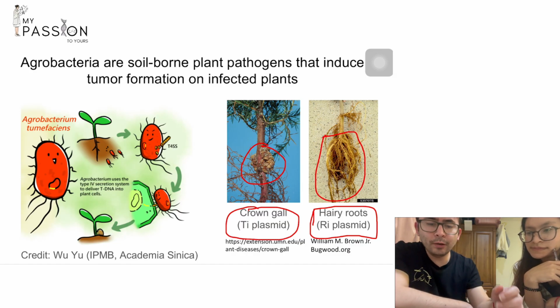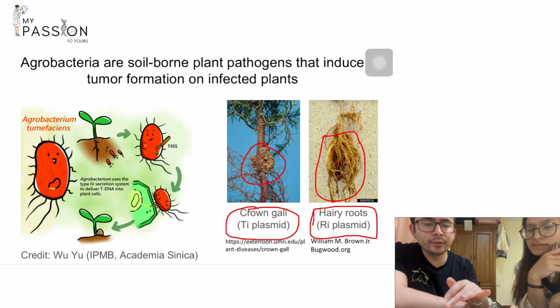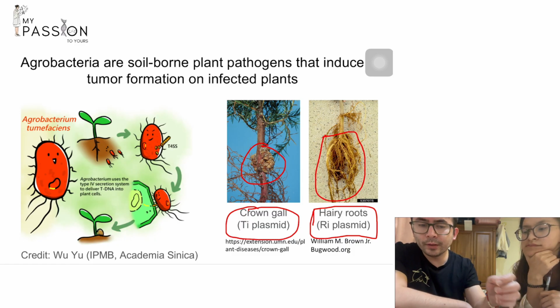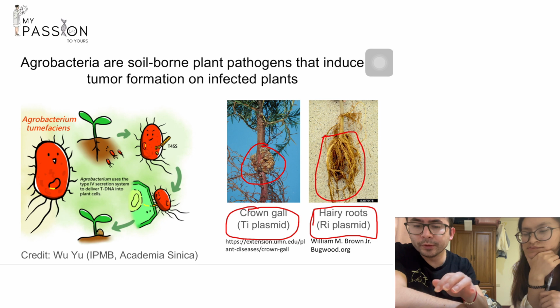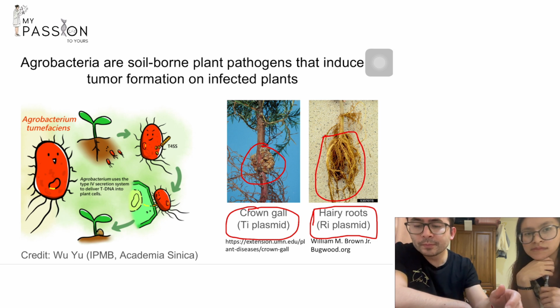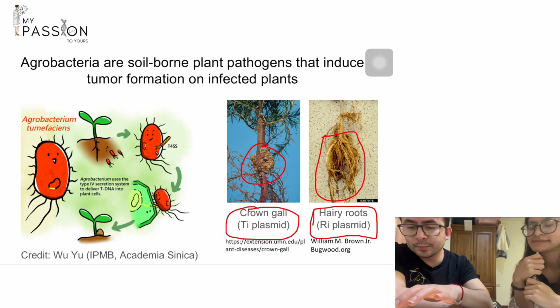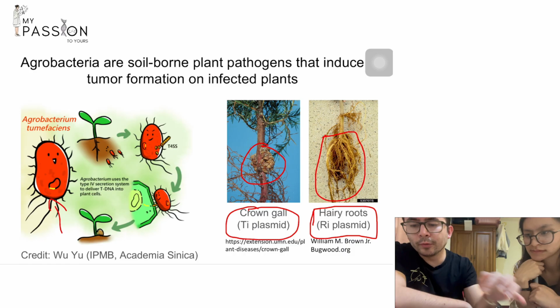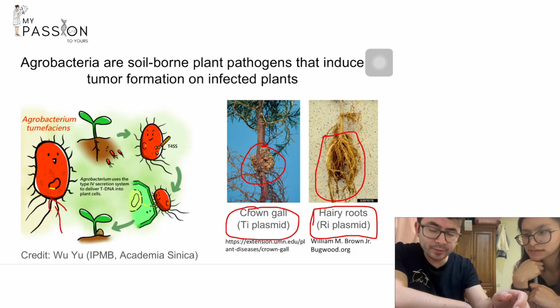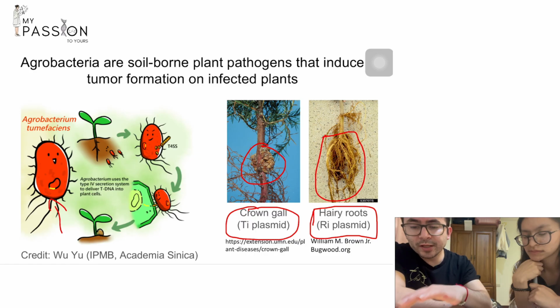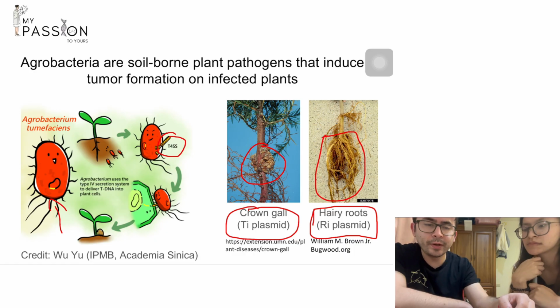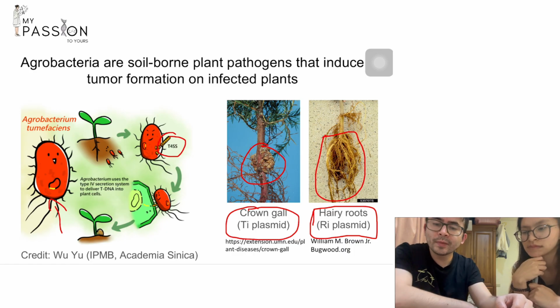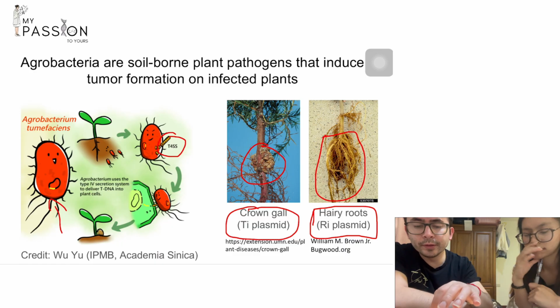So how does this bacteria produce either of these two phenotypes? So here in this drawing on the left, that you can see from our PhD student in our institute that is called UYU, you see that the bacteria has this small circle, okay, with a yellow line. So we call this oncogenic plasmid. These bacteria use this oncogenic plasmid for producing something called T4SS or type 4 secretion system that I might explain to you later in more detail. And these bacteria use this type 4 secretion system to infect the plant cell.